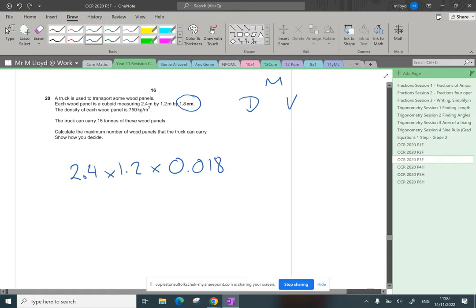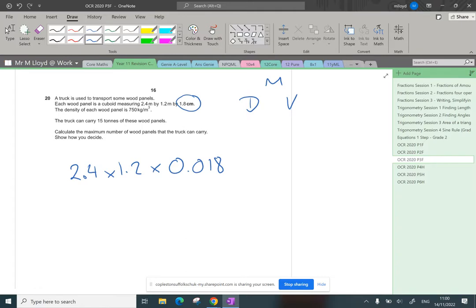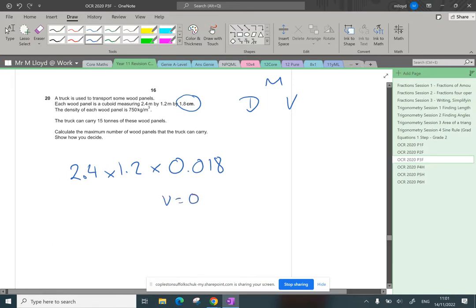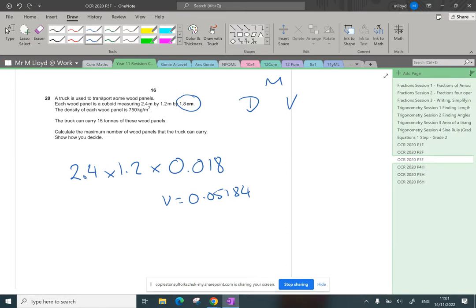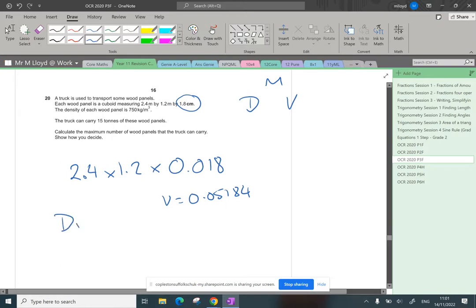So 2.4 times 1.2 times 0.018, we've got a volume of 0.05184. Density of each wood panel is given. Right, so the volume of each one is this. D times by V will equal the mass. So if I multiply V times by 750, we've got ourselves 38.88